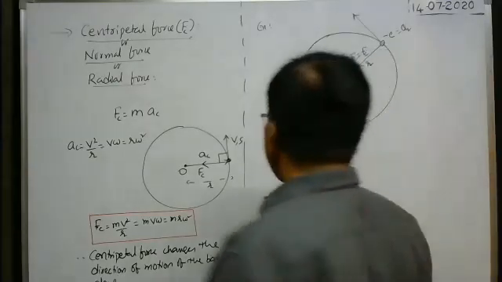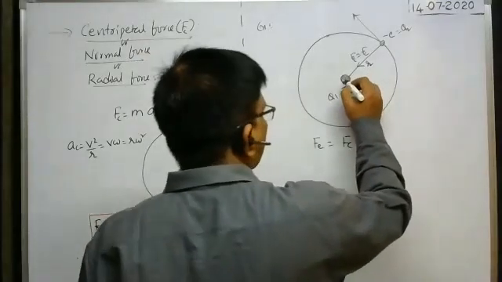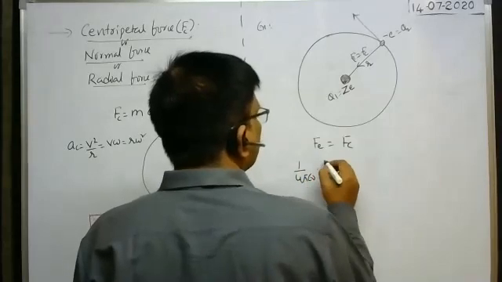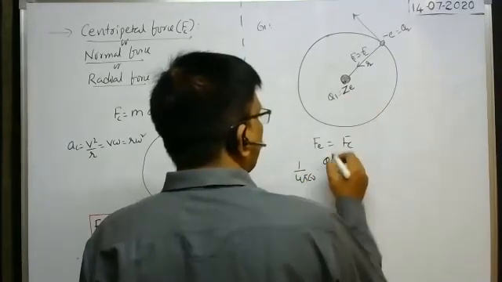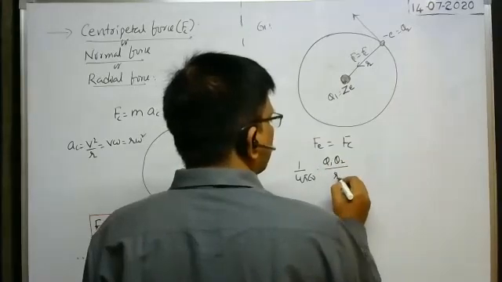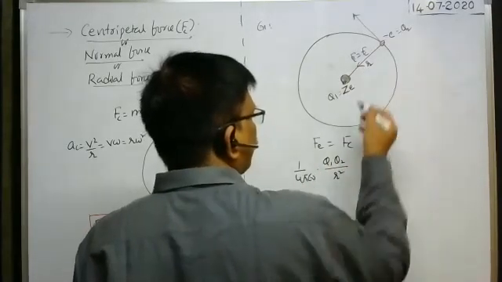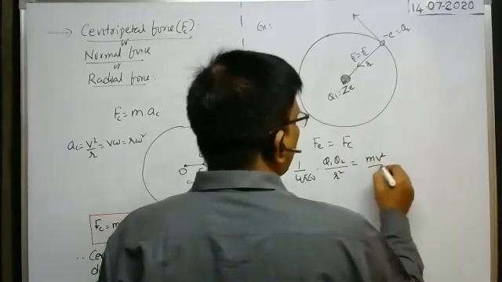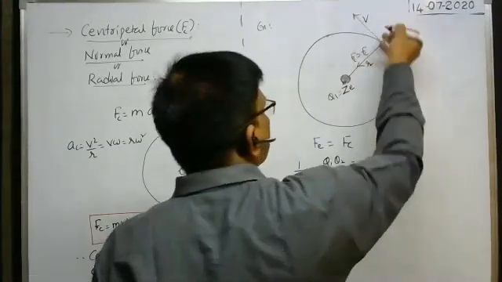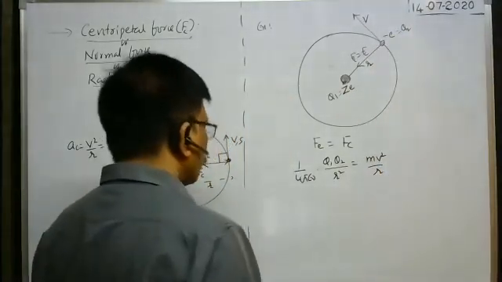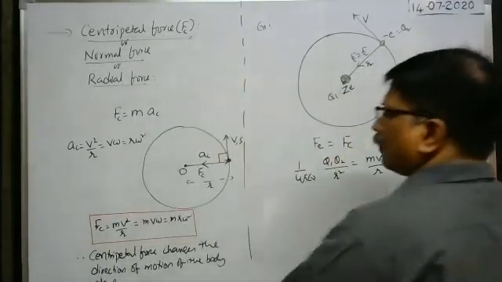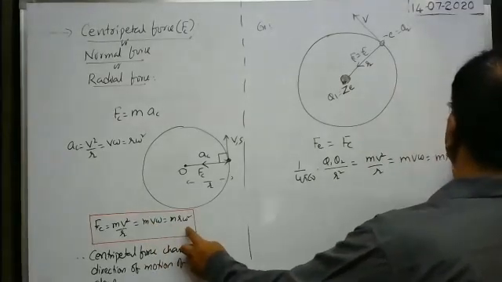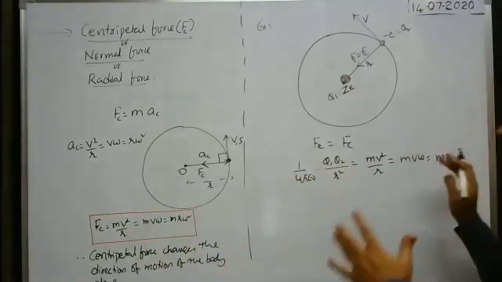Here also, the electrostatic force between the charge of the nucleus and the electron is 1 by 4 pi epsilon naught into the charge of the nucleus into the charge of the electron by distance square, that is R square. The distance between these two means the radius of the orbit, that is equal to the centripetal force. Centripetal force we can write as mv square by R. Suppose the speed of the electron in this orbit is v, then mv square by R, or m v omega, or m r omega square also. So based on the given information we can write like this.